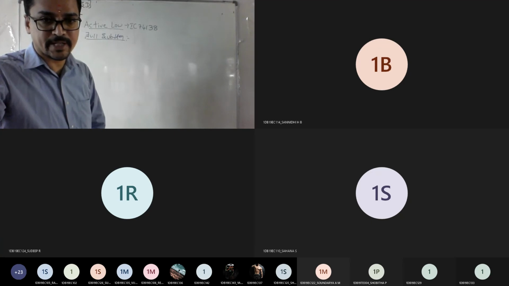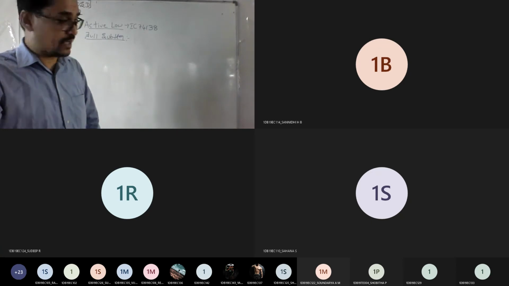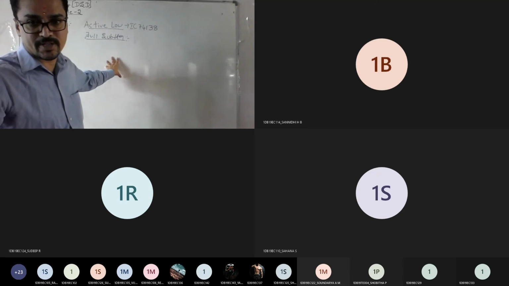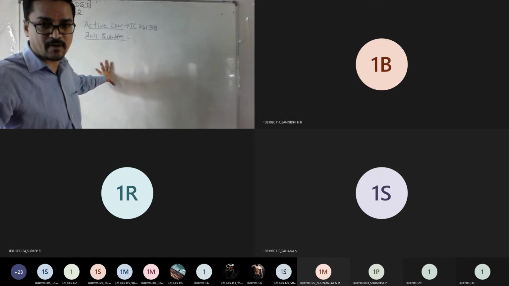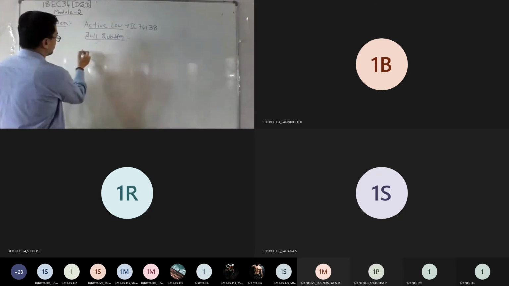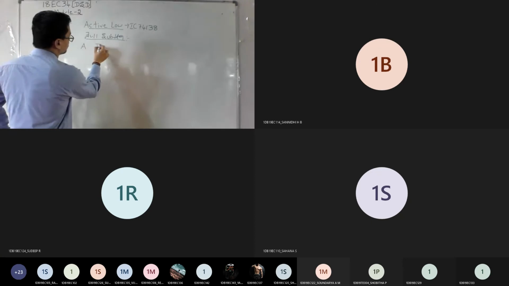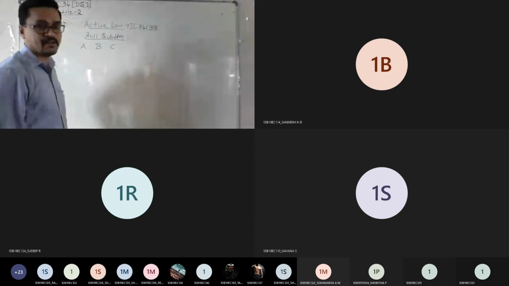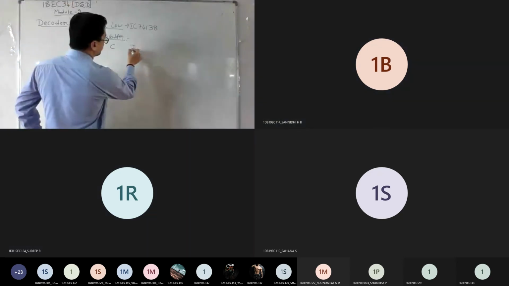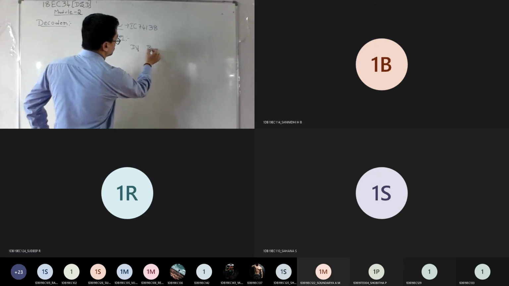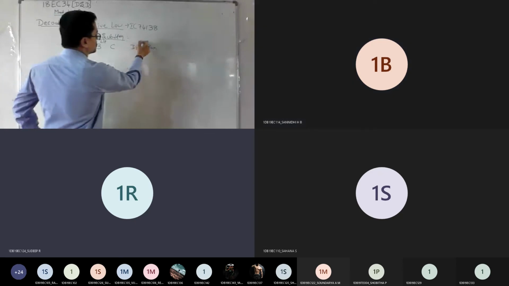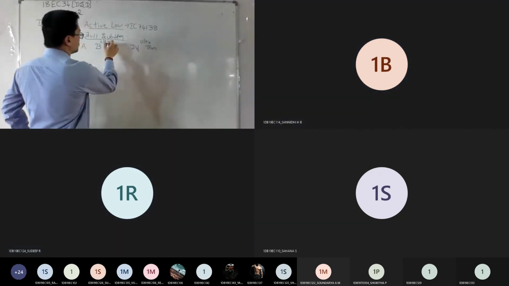You need to know your truth table, right? Unless they give summation or pi in the question, by default it goes to your SOP form. To get that SOP form, I need to build my truth table. I hope everyone remembers the truth table for your full subtractor. How many inputs do you have? A, B, C. How many outputs? 2. We called one as difference and one as borrow. So you'll be having 3 inputs and 2 outputs.